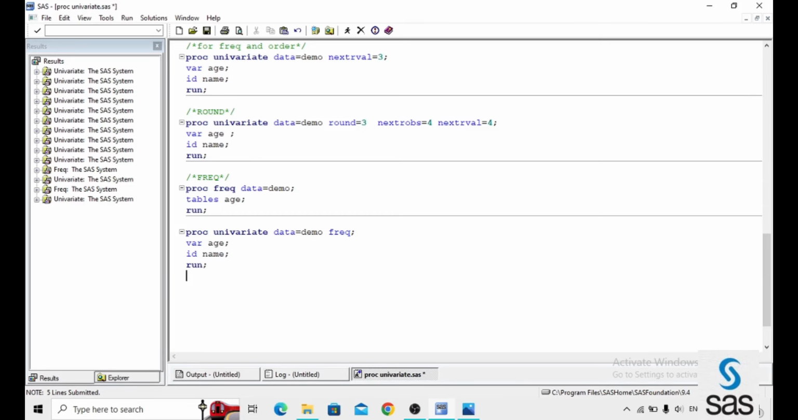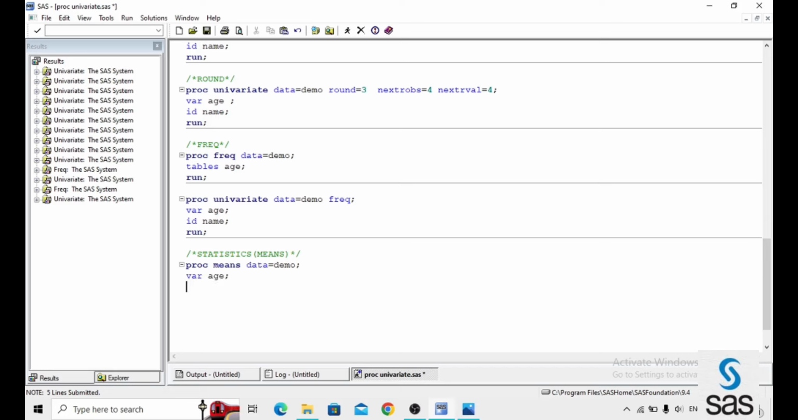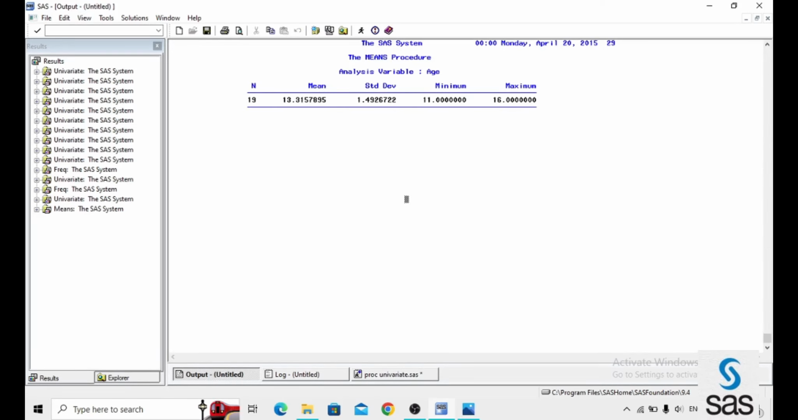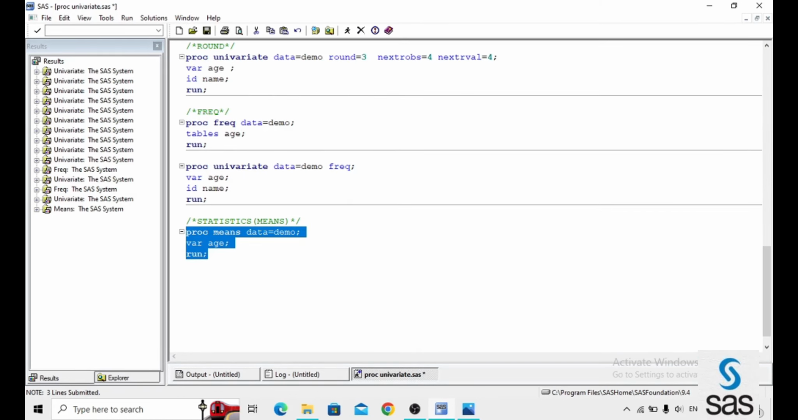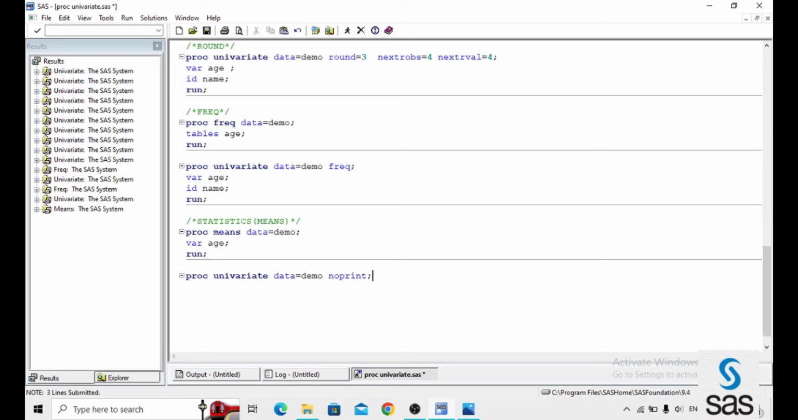Now we go with means. PROC MEANS DATA=demo; VAR age; RUN. This is a simple code for means. Now try to capture this exact information using PROC UNIVARIATE. Now we run the same variable in PROC UNIVARIATE. Then how will it be? PROC UNIVARIATE DATA=demo NOPRINT;